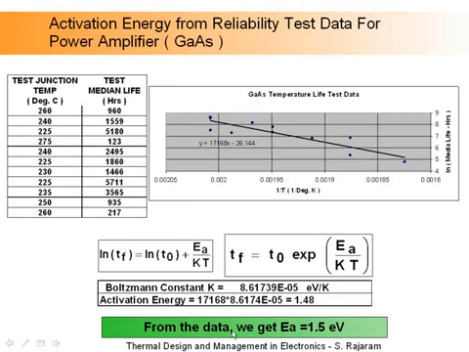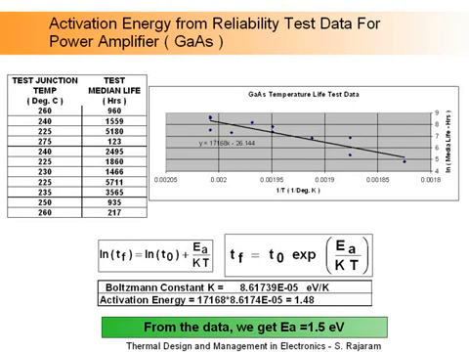And from this test data, we see that the activation energy for gallium arsenide is 1.5. And this is what I mentioned to you. So this is how it is done for devices. So this is all very well understood. Therefore, we know how these will behave with temperature, and therefore we know how we can predict what the field failure is going to be if we exceed the temperatures, or how long it will work in the field when we move away from the maximum temperatures. So a lot of this is empirical. It's based on statistics. As you can see, we collect the data and then we plot a best fit curve over there. And so this is based on a lot of statistics and empirical data analysis.